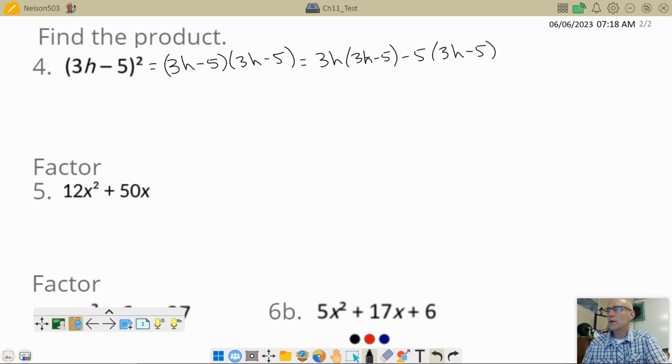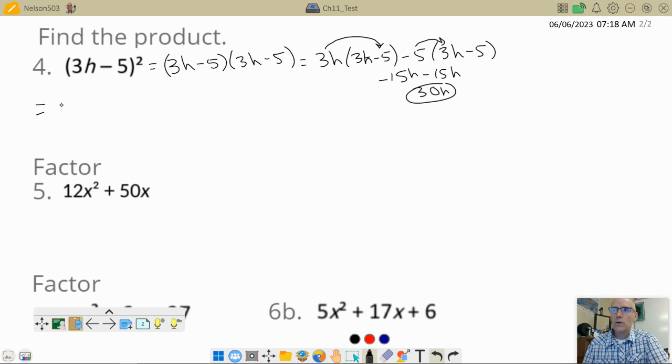And what happens is you end up with two middle terms that are identical to each other. Let me show you where the middle terms are. You get negative 15h and negative 15h, so that makes a total of 30h. And so what we said is the shortcut way of expanding this binomial, meaning multiplying it out, meaning square it,